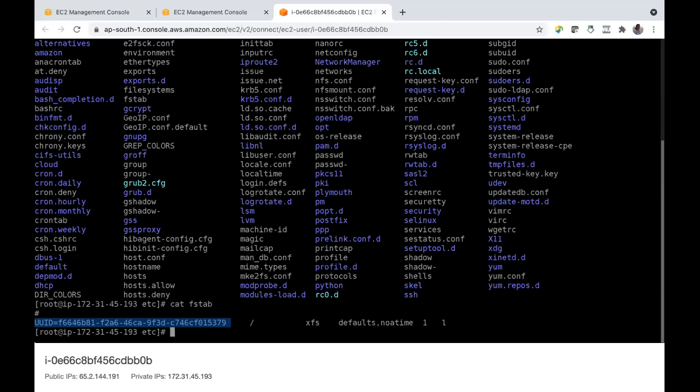So 1 means yes, 0 means no. So if you have your device entry in this file, then your Linux operating system will consider your disk when you reboot. Otherwise, every time when you reboot, you have to mount your disk. Clear?